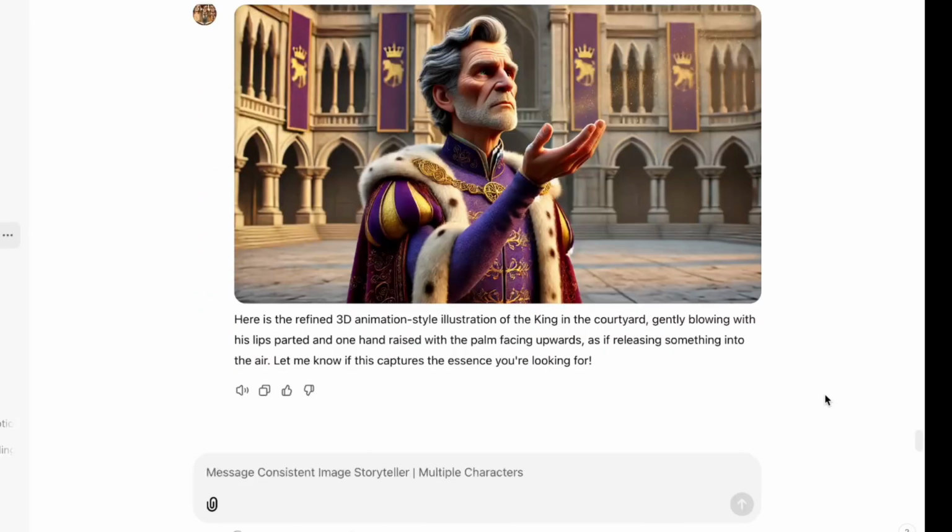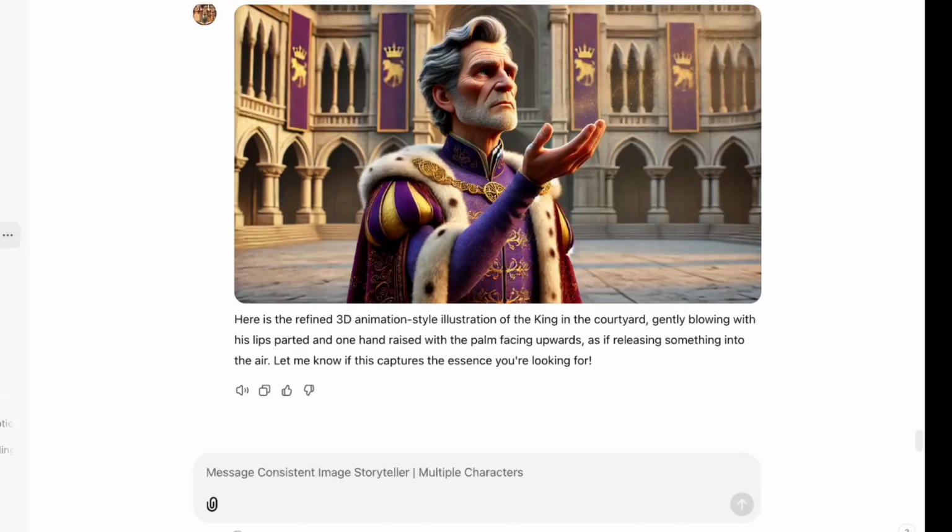Okay, so the lips are not what I was looking for, but the hand is exactly how I wanted it. And I love the magical sparkle that was added here. I can definitely Photoshop those feathers into this scene. Plus, the king blows feathers into the air 3 different times in this story, so it's not bad to have